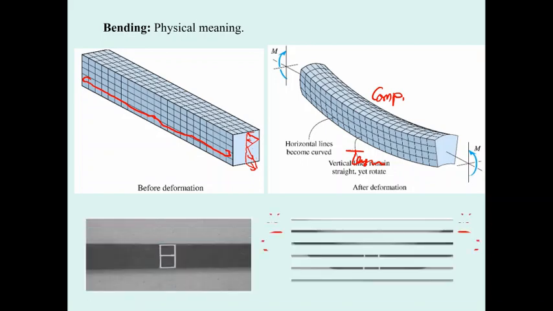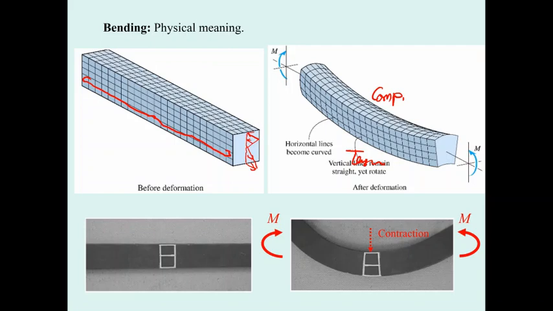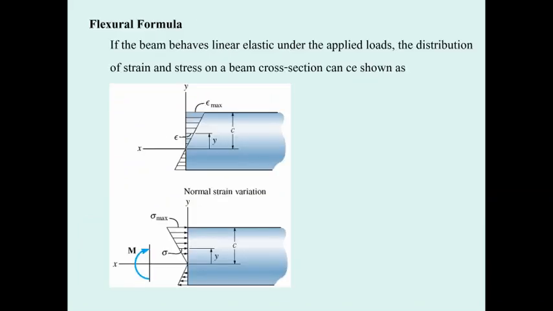Since the top is going to be in contraction and the bottom in elongation, there is a point between top and bottom that has no deformation. We call this the neutral plane. There is no contraction and no tension, so the stress here is 0. If you put it in the model, the beam has linear elastic behavior under the load. The strain is going to have a linear distribution like this, and also the stress is going to have a linear distribution